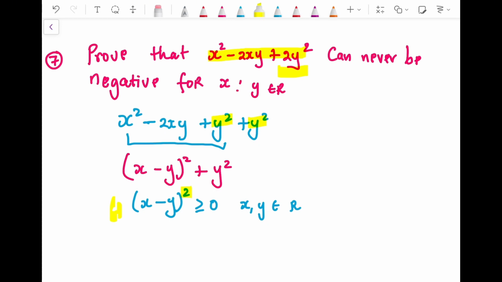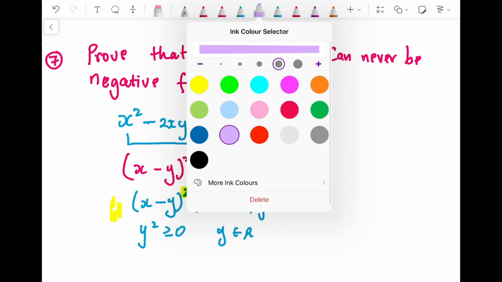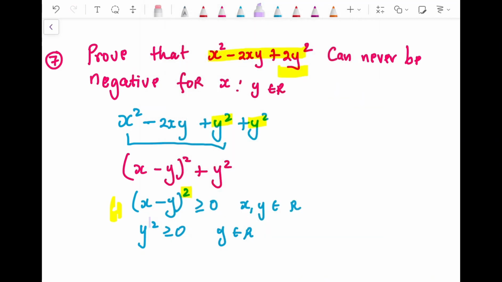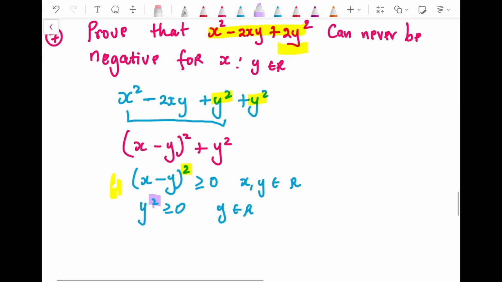So it can never be negative. It can be 0 or positive. And then y squared is also greater or equal to 0 for y an element of all real numbers, because of this squared again. Whatever value you put where there is y, the answer is always positive because the exponent is an even number. So now if you add two positive answers, the answer is always positive. So that means